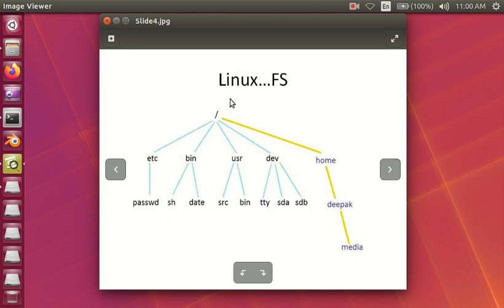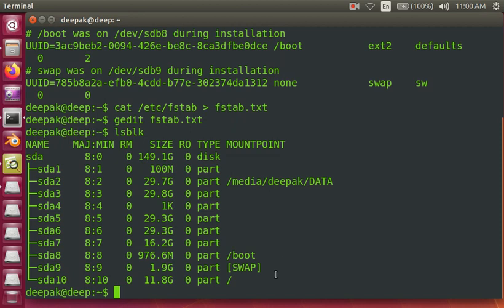In order to understand this more, we can use various commands. This is similar to Unix, and we have a Linux file system as well. If we want to understand more about this, we can use this command: cat /etc/fstab.